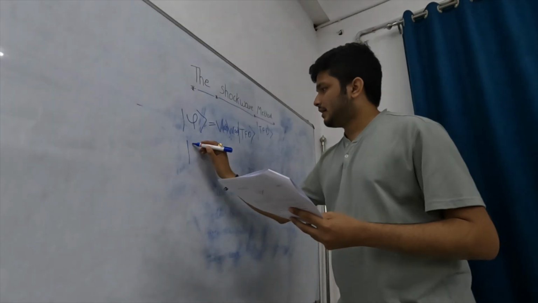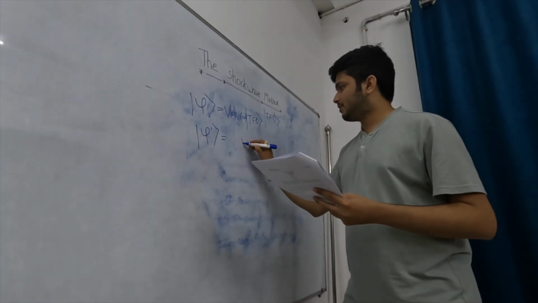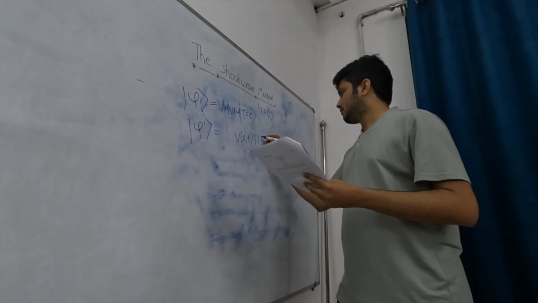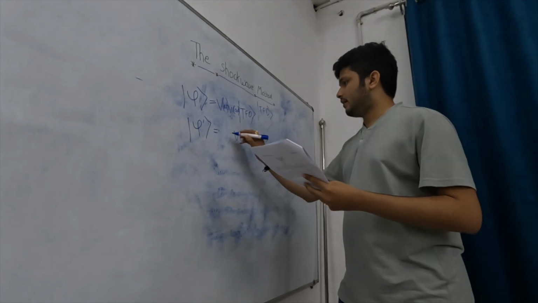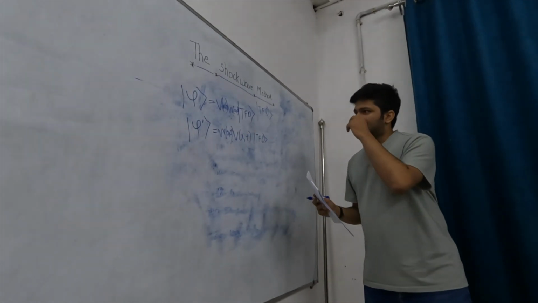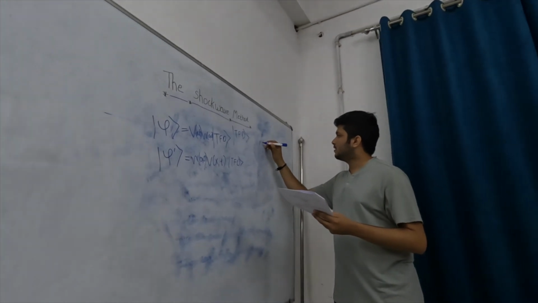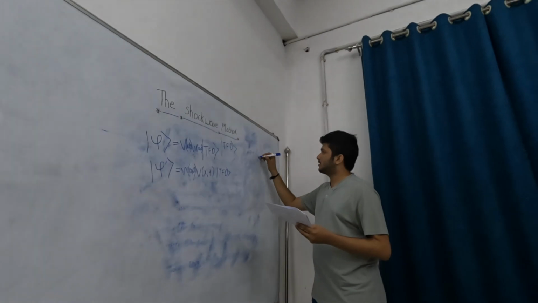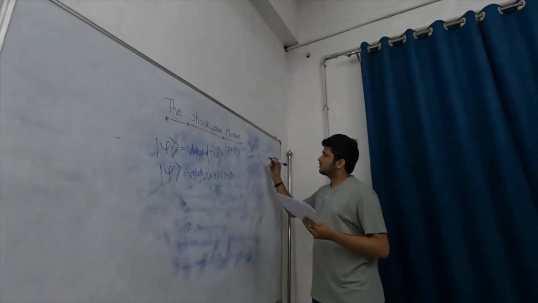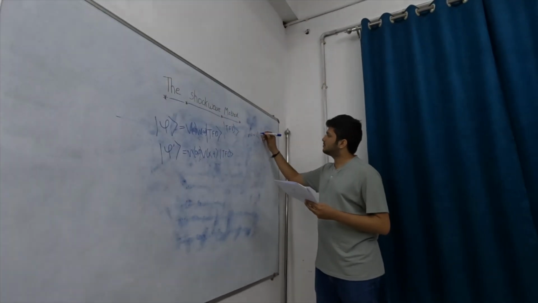Then what I do is I define another state psi prime. In this, I first probe it and then add a perturbation. So if we recall the expression for the commutator, it goes like